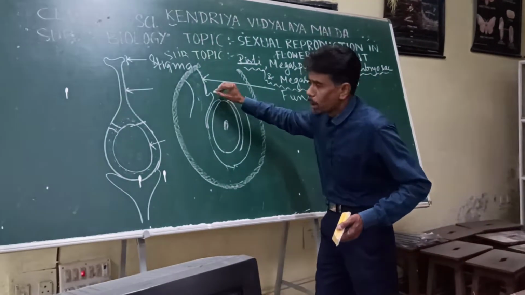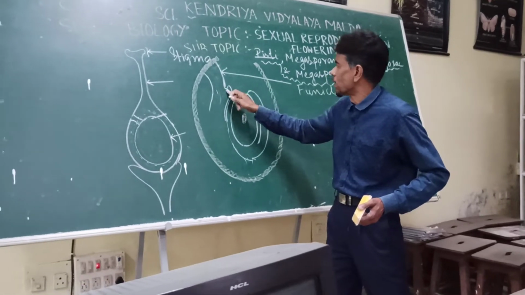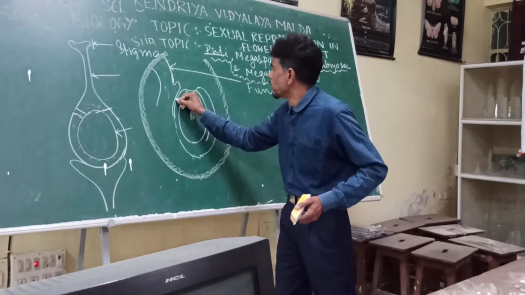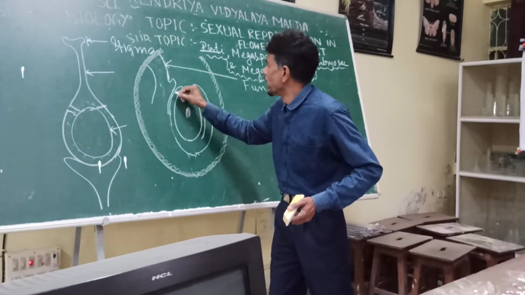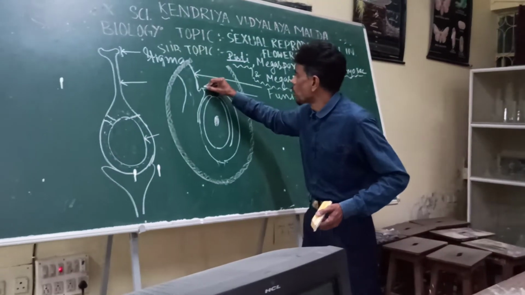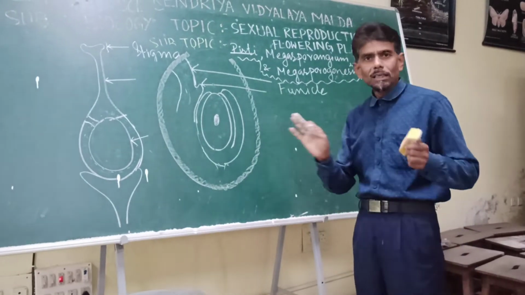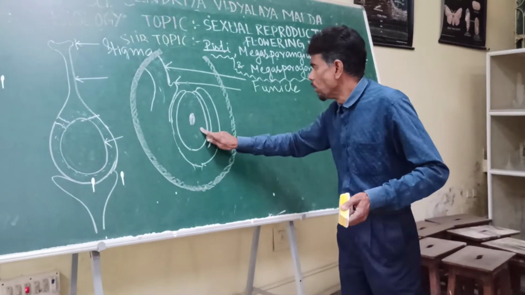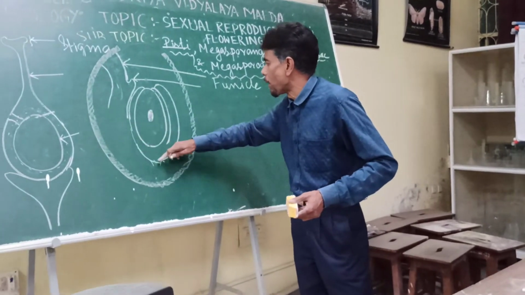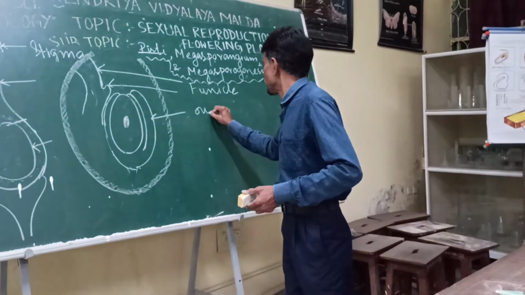The point of attachment or the point of connection of the funicle with the ovule integument, this highly elevated part, is called the hilum. Okay, is that clear to you? Now the ovule, which is surrounded on all parts by integument, this is the outer integument,